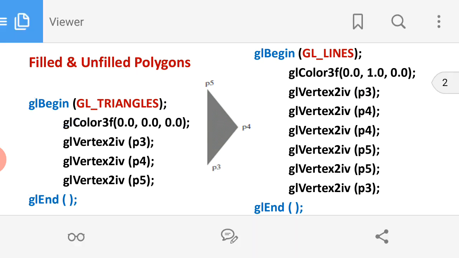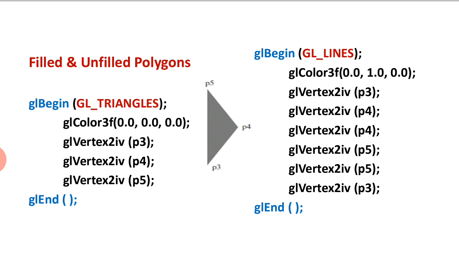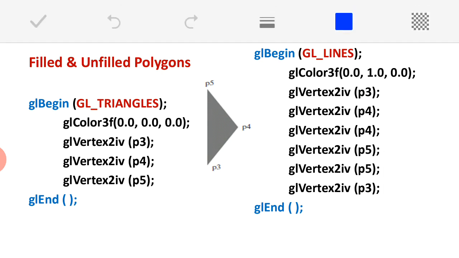At the same time, another important thing, I can draw the same triangle as a polygon by using another primitive which is available, that is line. Okay. So, that all of you might have already learned, GL underscore lines. When I join 3 different independent lines, at that time also I can get a triangle, but if we draw that triangle using this GL underscore lines, then we will never get a fill. Okay. So, for example, say here which color am I going to set here? RGB, that is a blue color.